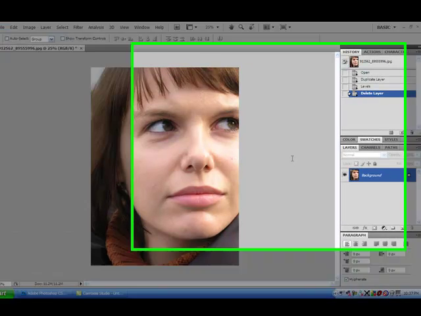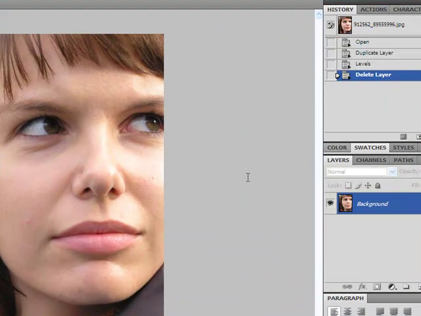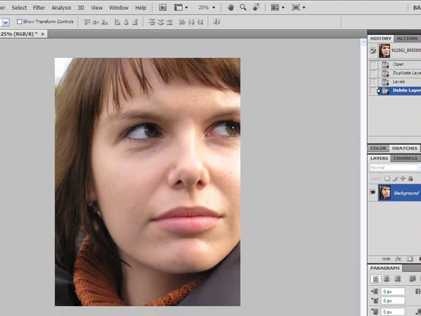Hi everyone, today we're going to learn how to retouch skin. Now I got this image here from Stock Exchange and the link to that is sxc.hu. Once again, that's sxc.hu. We're going to duplicate this layer, so just in case you make any errors, you can always go back